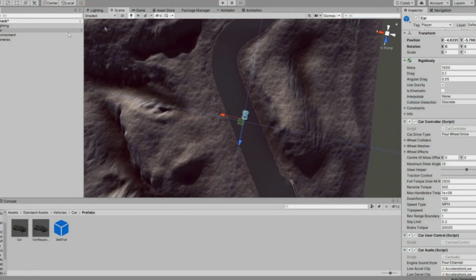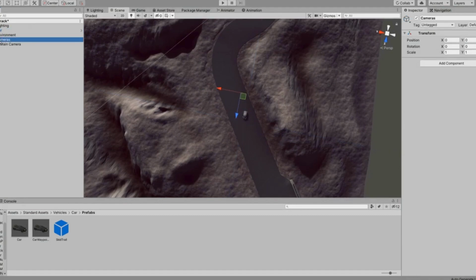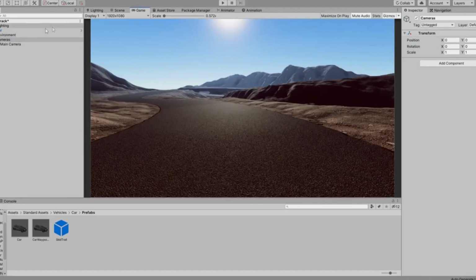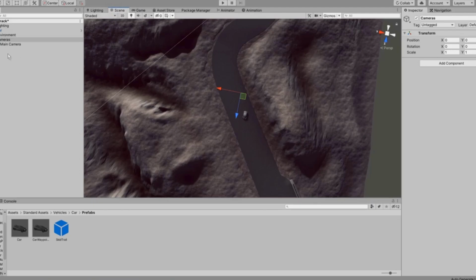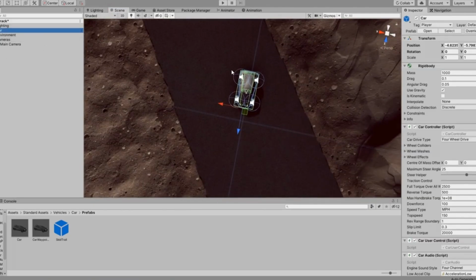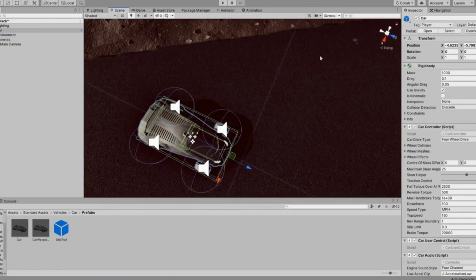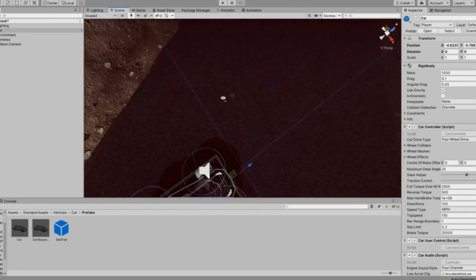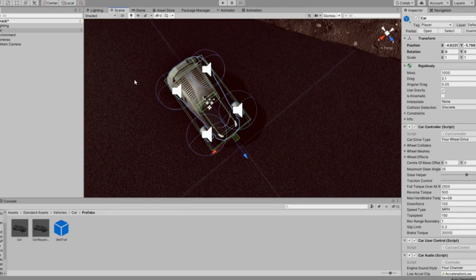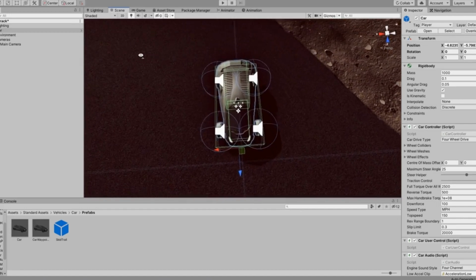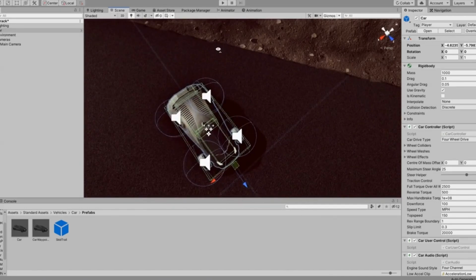So what we can do is, first of all, go to scene view and double click your car and move inside the scene view. You can move inside the scene view by holding your right mouse button and dragging your mouse.